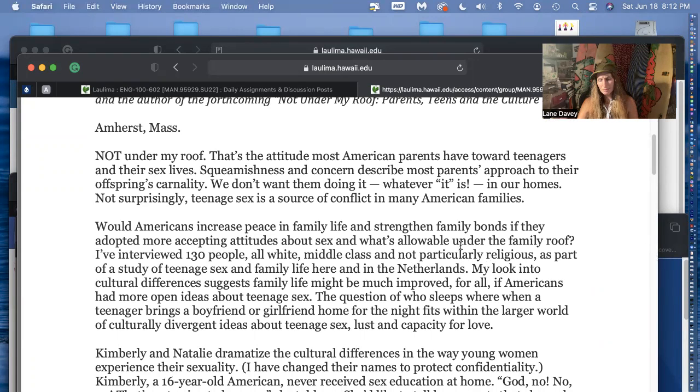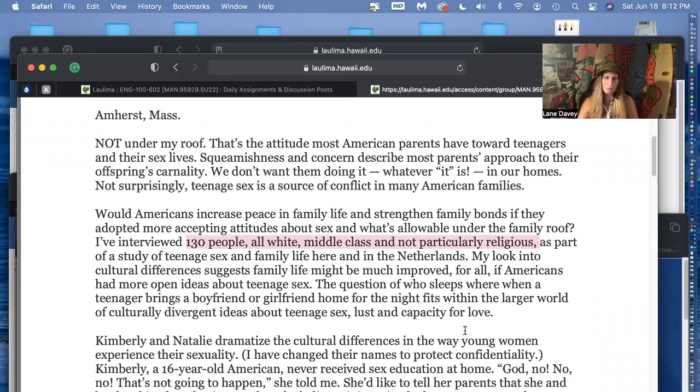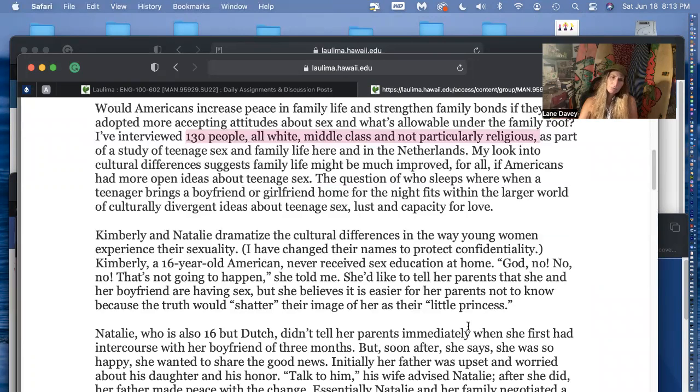Also, I don't think all Americans have this view. So it's a little bit of a funny thing, but the thing is, it's our audience, right? The New York Times readers are maybe these people, maybe all white, middle class, and not particularly religious. So it might really appeal to this audience. And so keep that in mind with your op-ed.